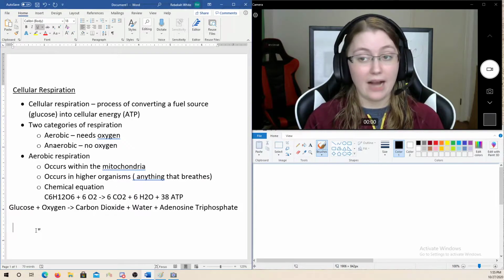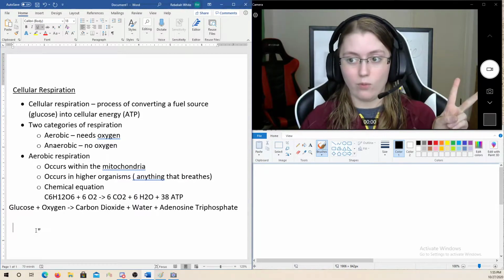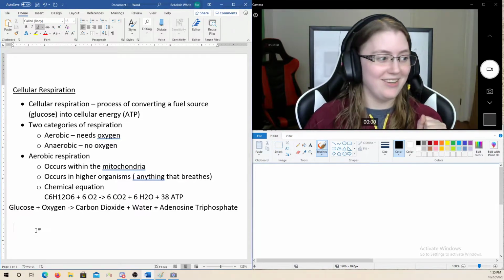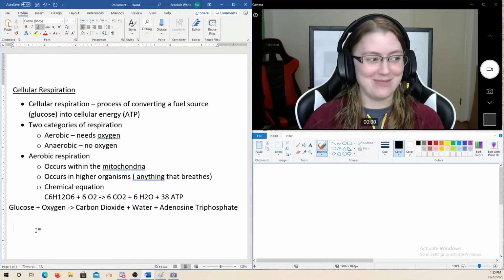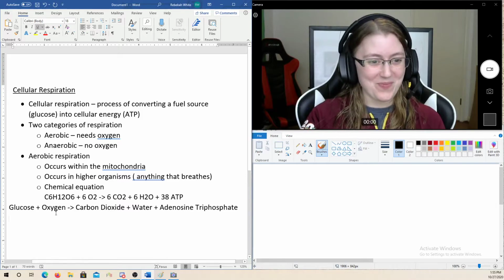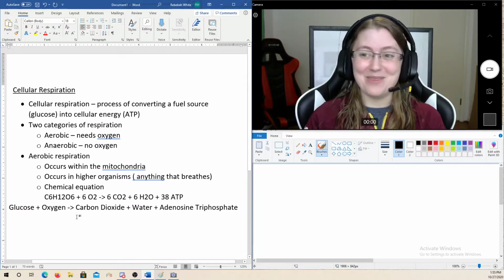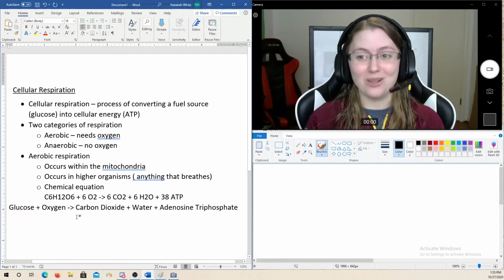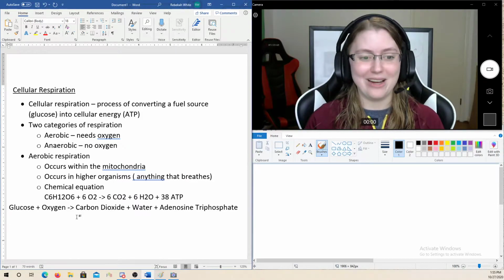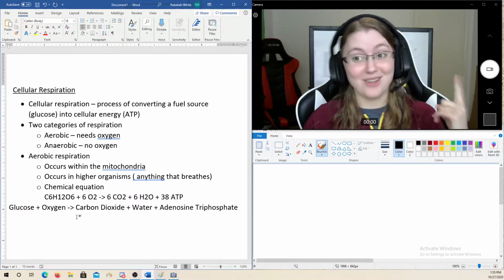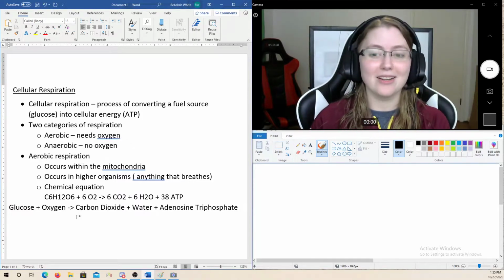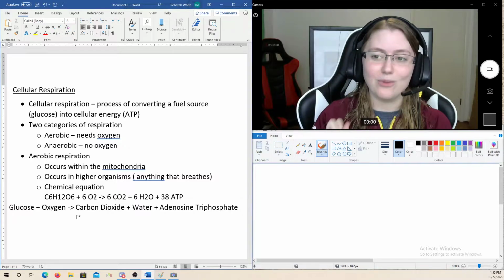So the reactants of photosynthesis are carbon dioxide and water. I love that meme. That's one of my favorite memes ever. And the products of photosynthesis are going to be glucose and oxygen, right? So then in our cellular respiration, our reactants are glucose and oxygen, and our products are carbon dioxide and water